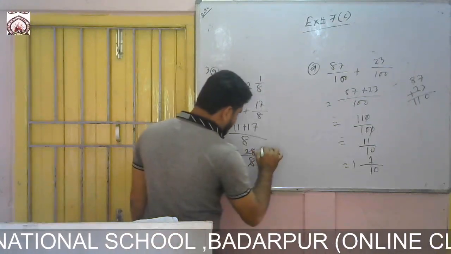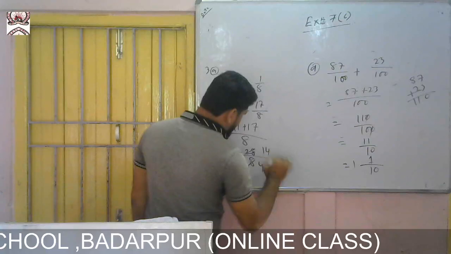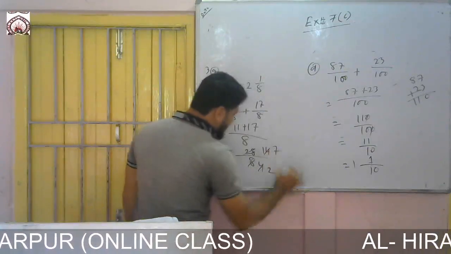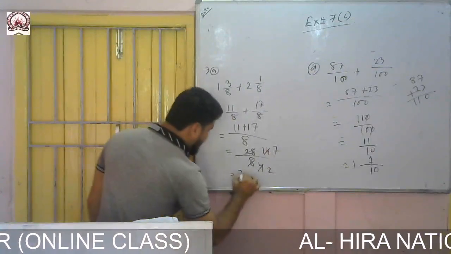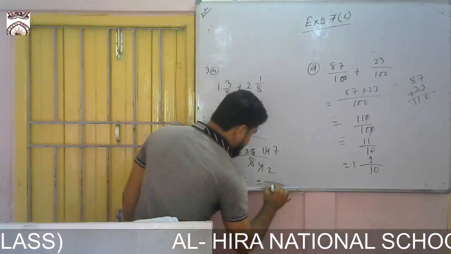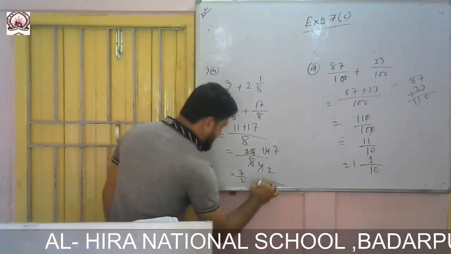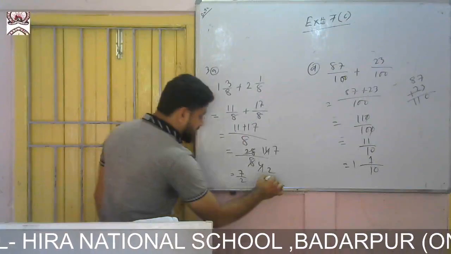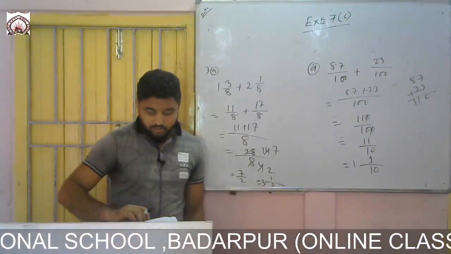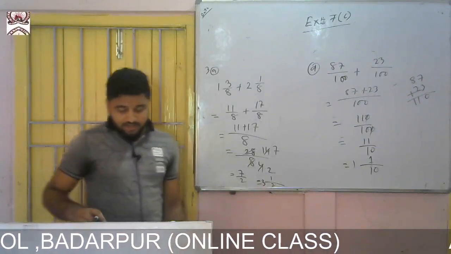Okay, 2 1s are 2, 2 4s are 8. Okay, now again 2 2s are 4, 7 2s are 14. Now what came? 7 by 2. Now take it into mixed fraction. It will be like this. 2 3s are 6 and 1, remainder 1. So 3 1 by 2. Okay, now come to question number